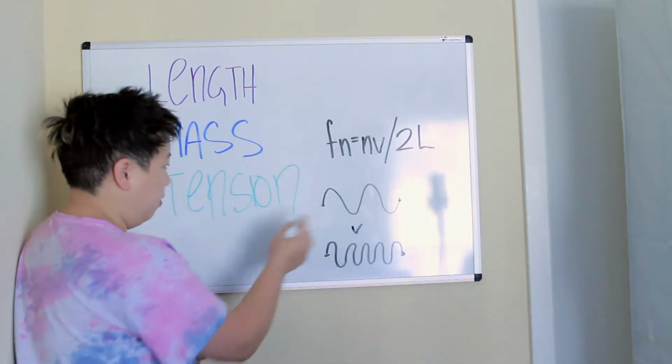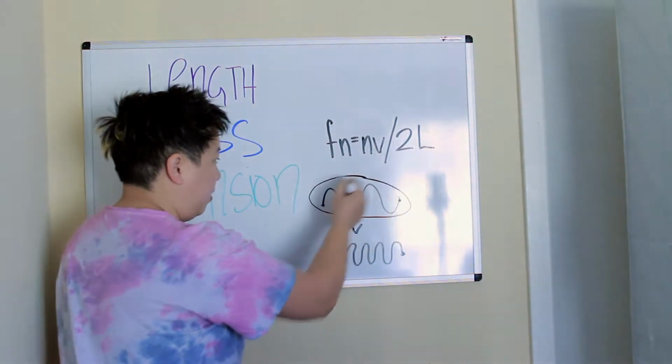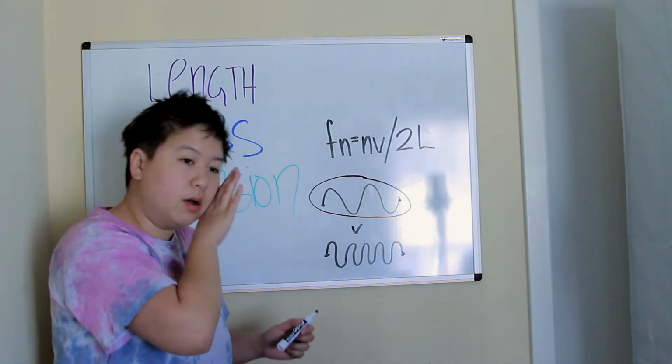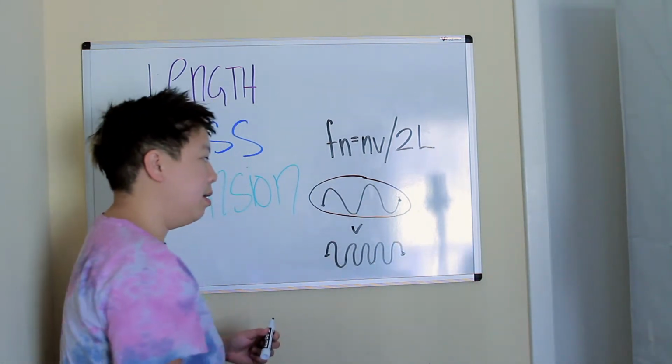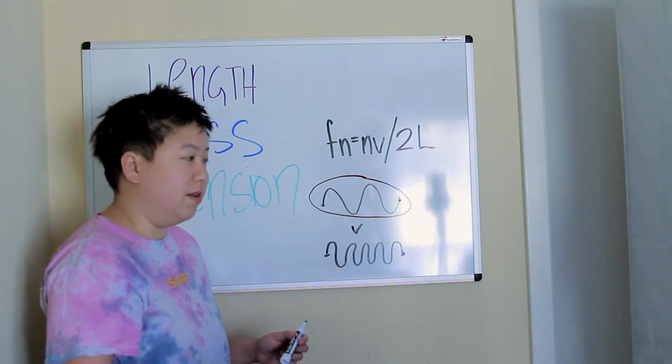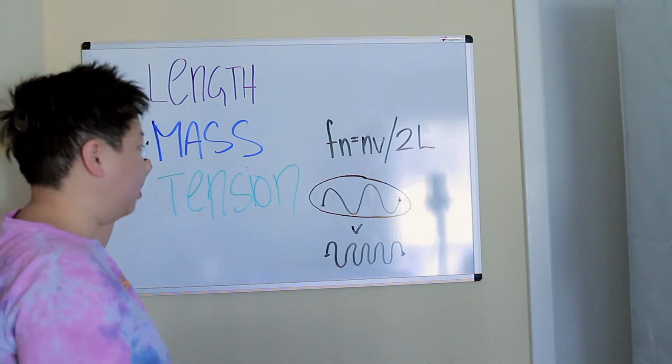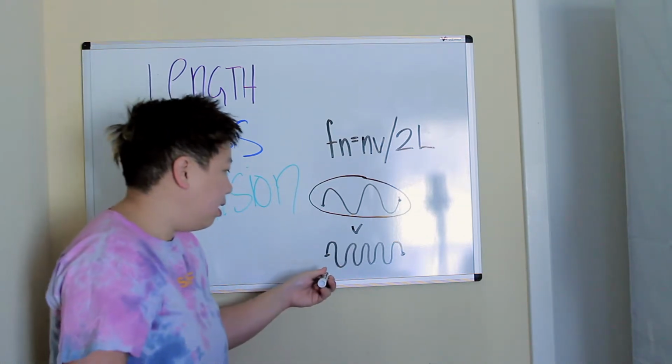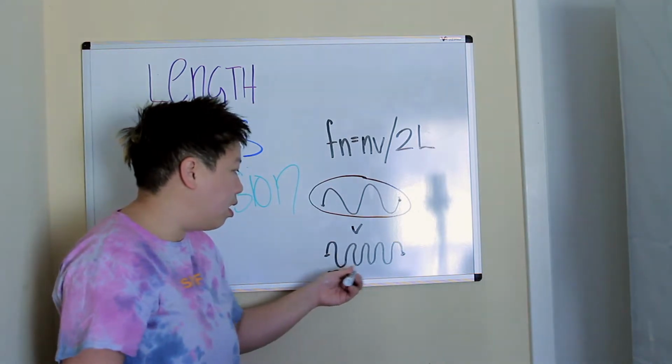That first note looked more like this because I'm putting an amount of air in, but I was able to get the octave with the same length and the same mass because of the tension of how hard I was